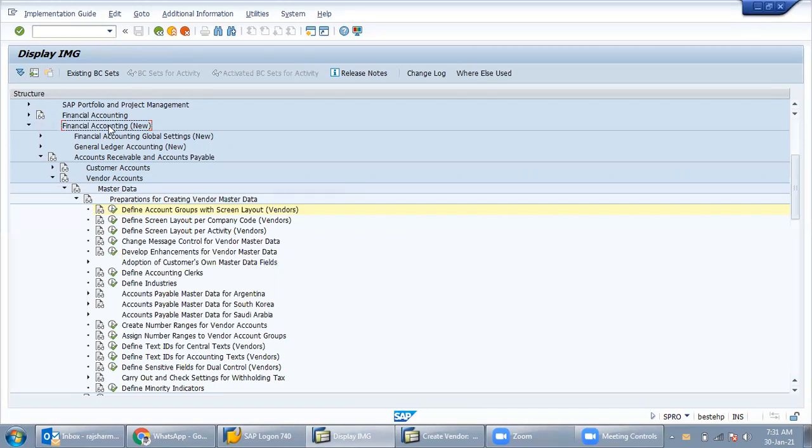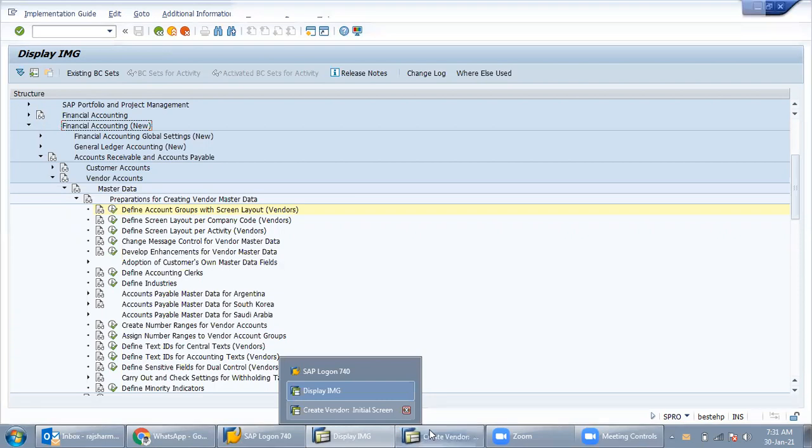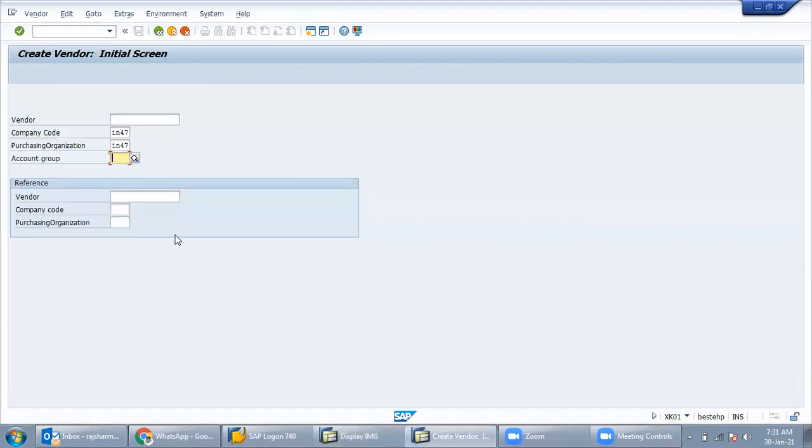Okay. Yes. So all these are responsible for the FI guy. Yes, exactly. I was just telling you the depth. I was just giving you the overview of whatever MM, FI, SD and other modules there are. But that configuration should be done by MM only, not by you. But account group is related to you.